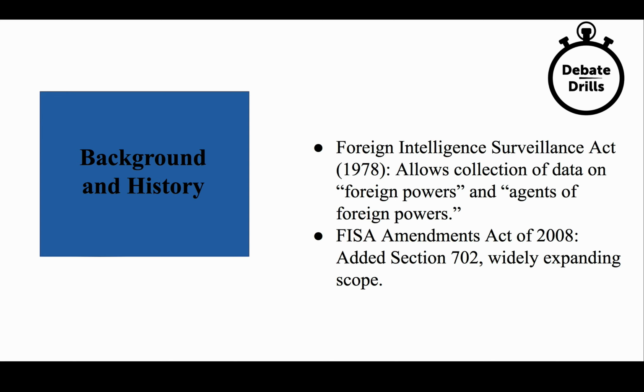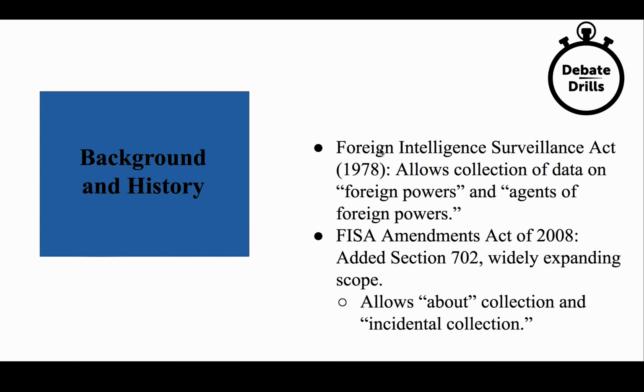Here, what's called Section 702 was added. This is important, as many have viewed this as massively expanding the scope of FISA. Previously, FISA was understood primarily to be about foreign intelligence, so collecting information on those that were operating in the US or perhaps outside of the US, but critically, not American citizens, foreign powers. So, Section 702 does not technically authorize the collection of data of Americans, but it does have a couple of distinctions, which are important, especially for understanding this topic's limit on collecting data on American citizens and permanent non-residents.